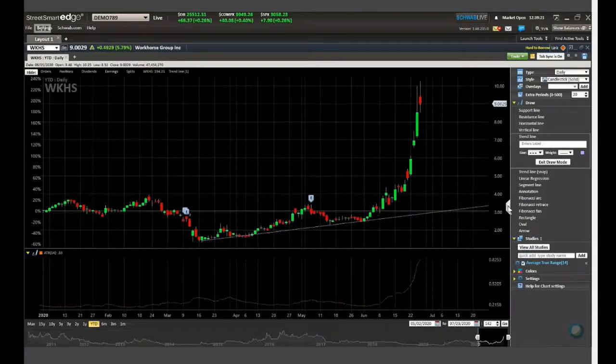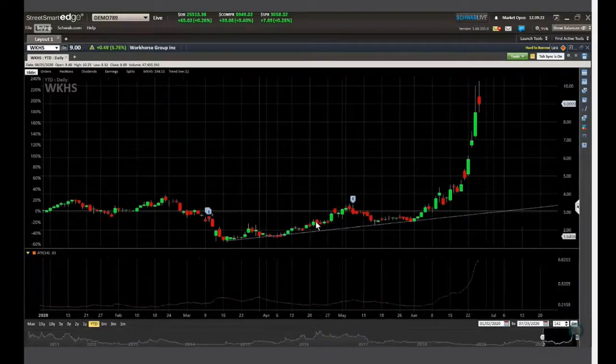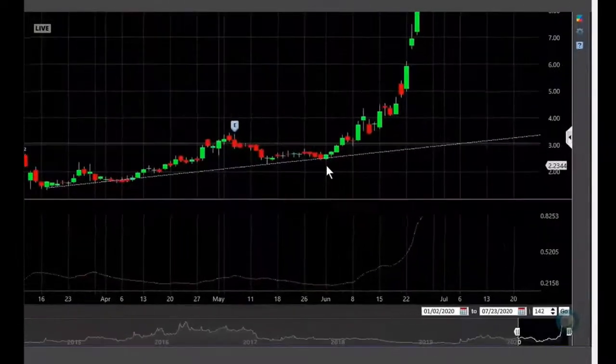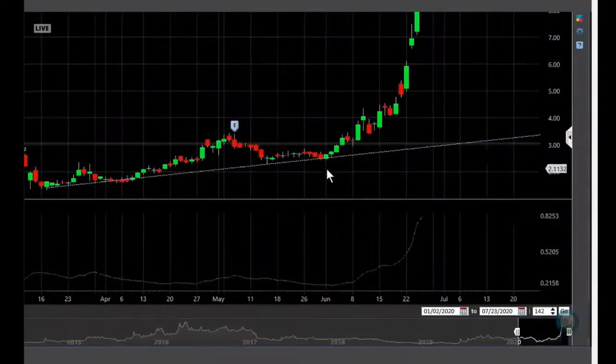So as I was thinking about entering this trade, maybe back here somewhere, or even right here, I am going to put my stop somewhere below this trend line. How far below? Take a look at that. You've got it. Average true range. See where it suggests you might want to consider.